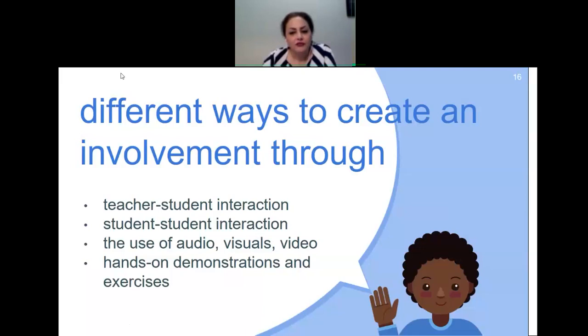When you're planning for your session, you have different ways to create an involvement through teacher-students interaction. So you talk with your students, you ask them. So teacher-students interaction, student-students interaction by putting them in pairs or groups, and using audios, visuals,